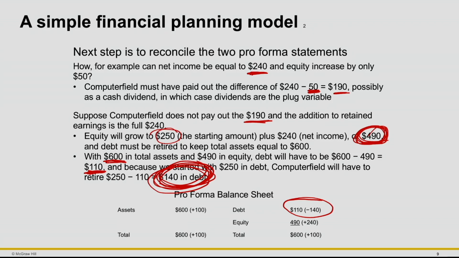One additional alternative that isn't mentioned here is maybe instead of paying a dividend, maybe we do a stock buyback with 100 million. And that means that of that 240 million, only 140 million of it goes over to the retained earnings account on the equity portion of the balance sheet, meaning that we don't decrease our financial leverage by as much. Anyway, all good things to keep in mind.